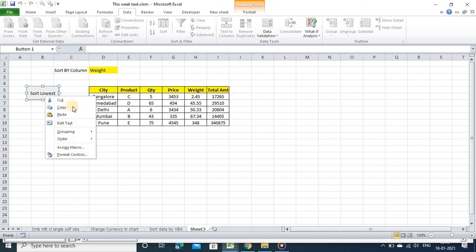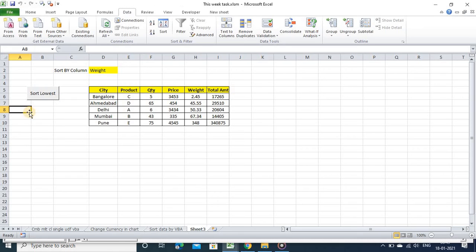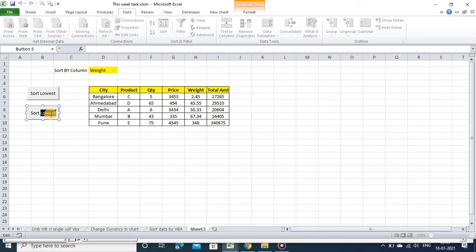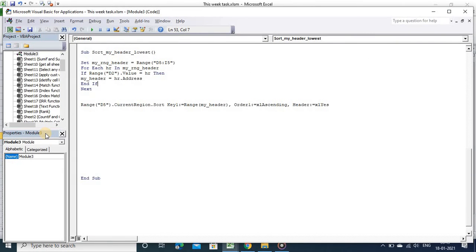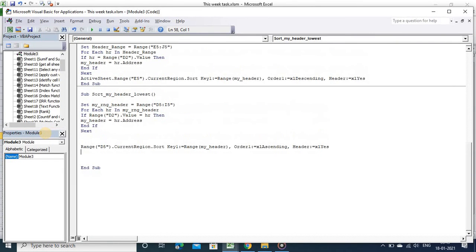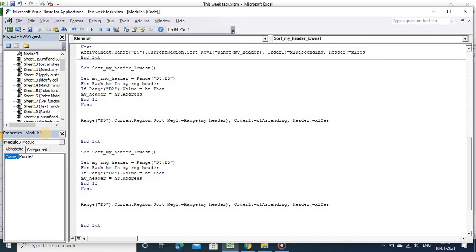and if you want to sort highest, then copy this again. In here, just write it. Similarly, copy the entire code, paste here as it is, change only lowest to highest, and here change Excel ascending into Excel descending.